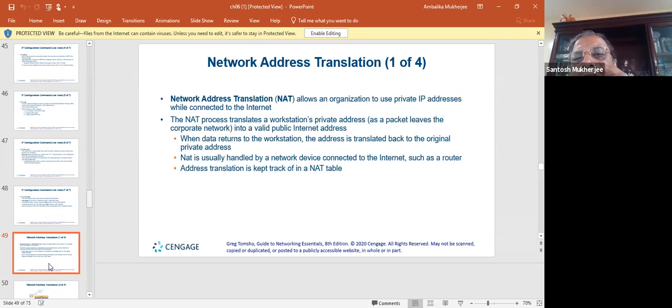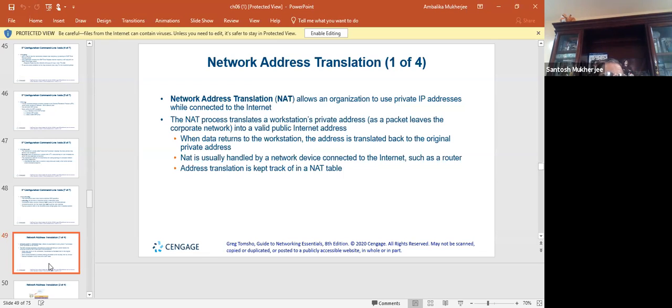Network address translation allows an organization to use private IP addresses while connected to the internet. If you want to use private IP addresses, then you have to go to NAT and configure them. The NAT process translates the workstation's private address, as a packet leaves the corporate network, into a valid public network address. So NAT takes care